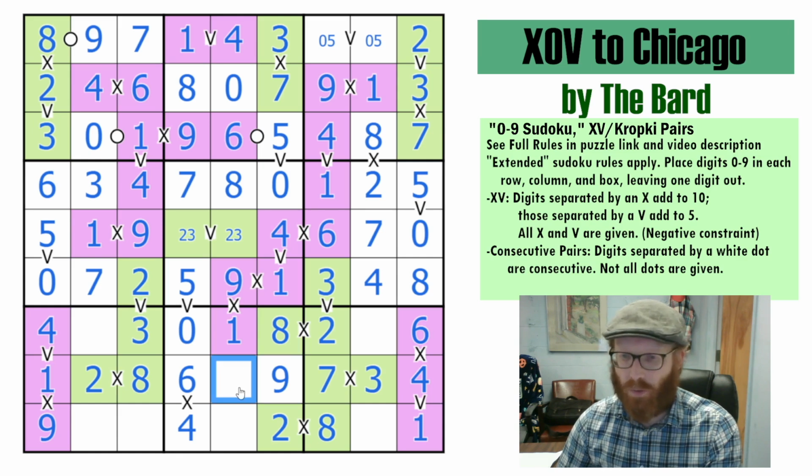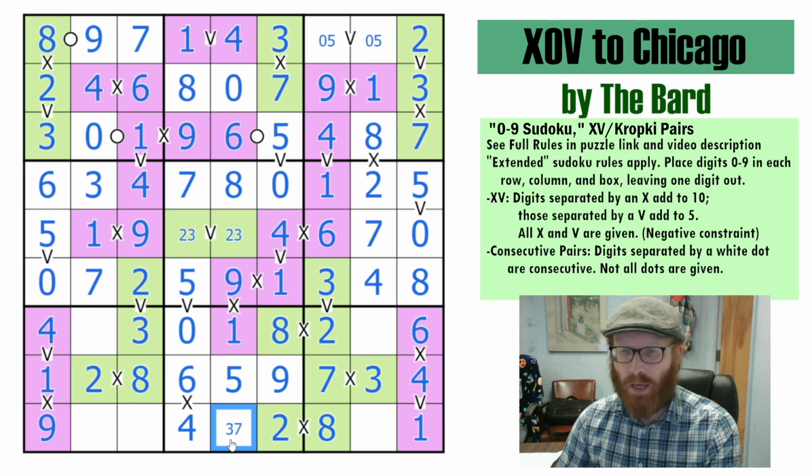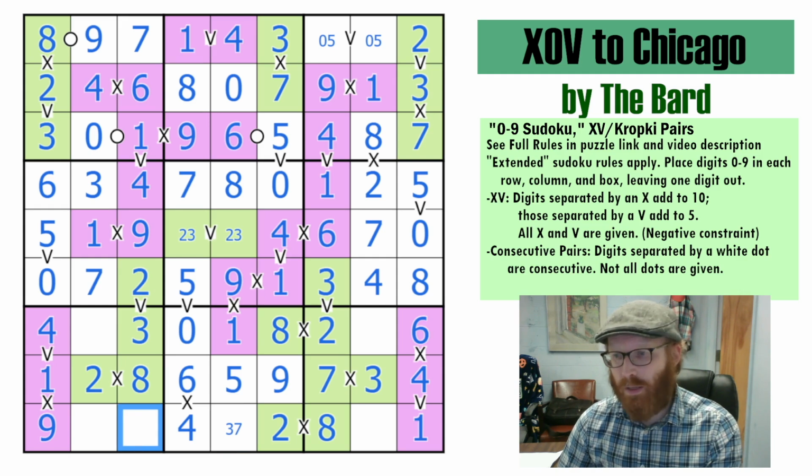Where to next? Right here in the middle, we could have a 5 or a 0, but there's a 0 right there, so that's going to have to be a 5. This could be a 3 or a 7, which I don't see how that resolves quite yet. Okay. Here. This could be a 0 or a 5, which looks okay. Here we could need,